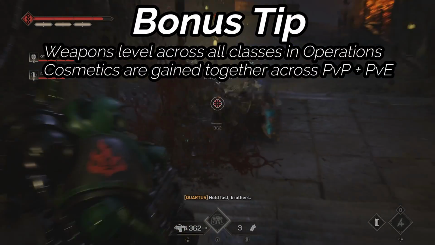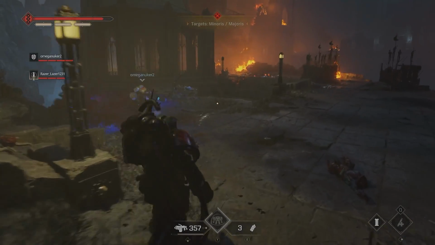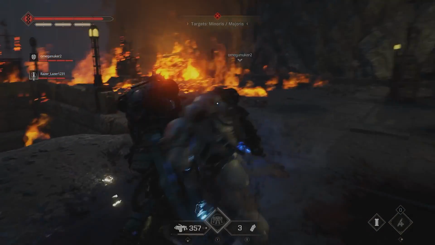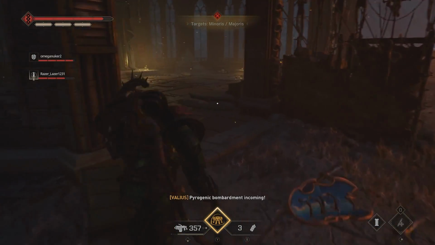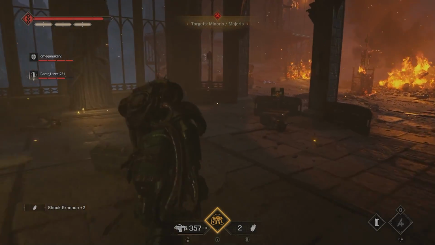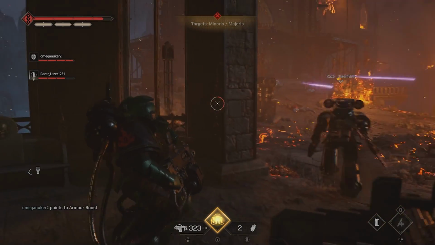Bonus tip, because top 5 tips sells better than top 6. Weapons are leveled across all classes and operations, and cosmetics are gained across PvE and PvP. So leveling up weapons that are available across a lot of classes, such as the bolter sidearm and chainsword melee weapon, is highly recommended, as you will be able to give an immediate jump in power to the other classes that are using these weapons instead of them starting from fresh. And the cosmetics you gain from winning operations